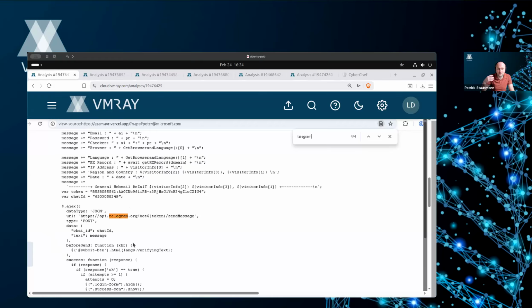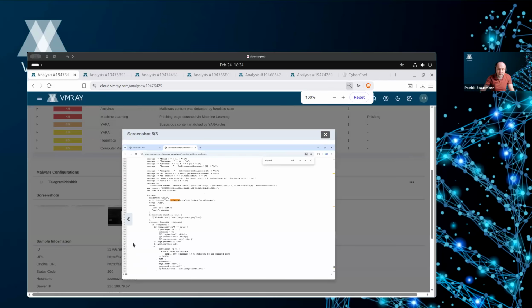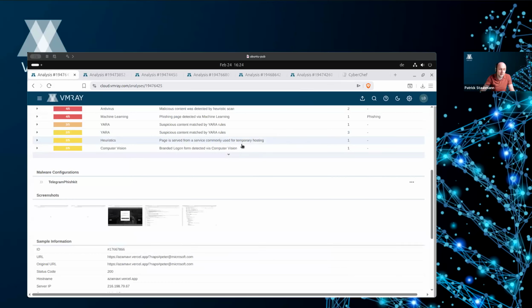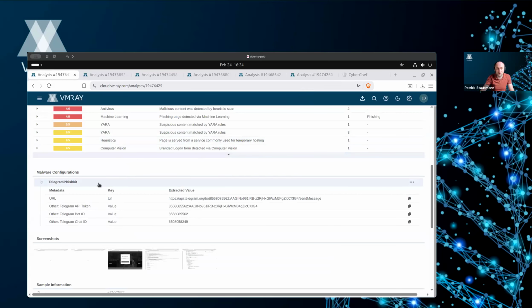They don't need to consider much server-side stuff, except of course hosting that web page to serve it to clients. They don't need to take care of collecting these credentials because they just have a Telegram chat bot and a Telegram chat group where they send all of the messages. And this is super simple to spot. So we added a configuration extractor that looks into web requests and the HTML pages, trying to extract exactly that information they have implemented client side here.